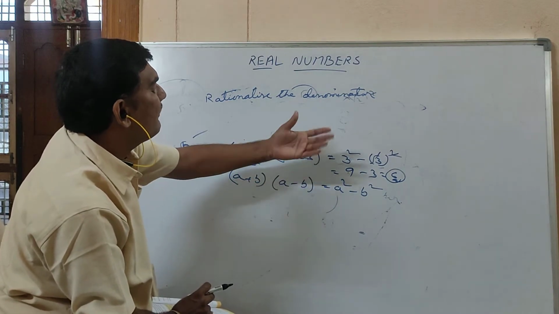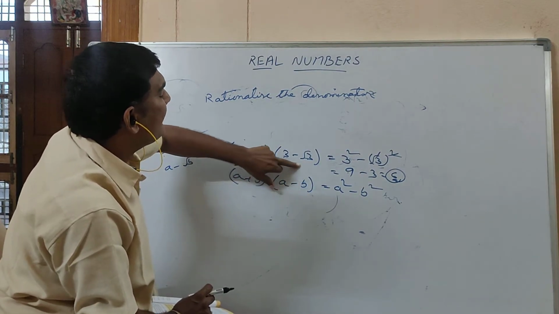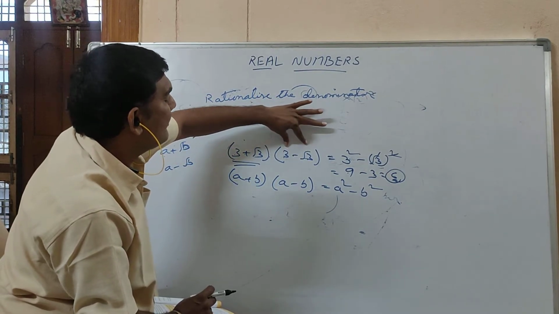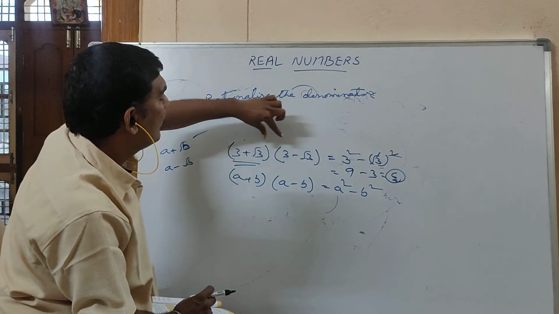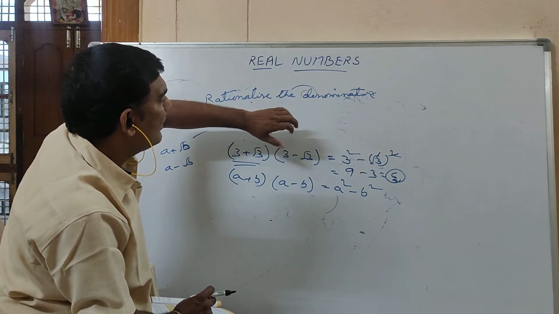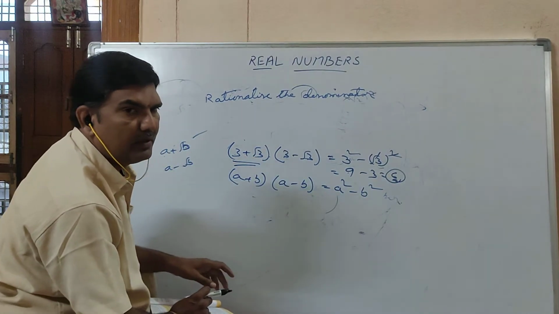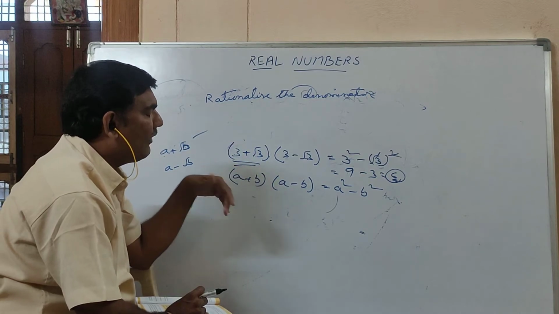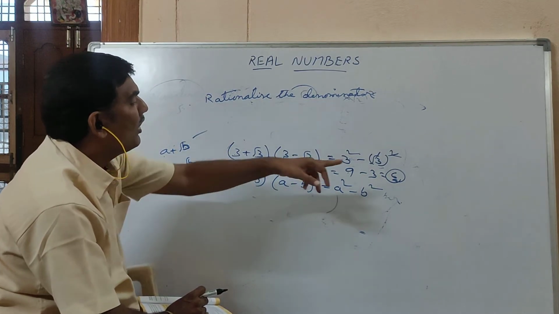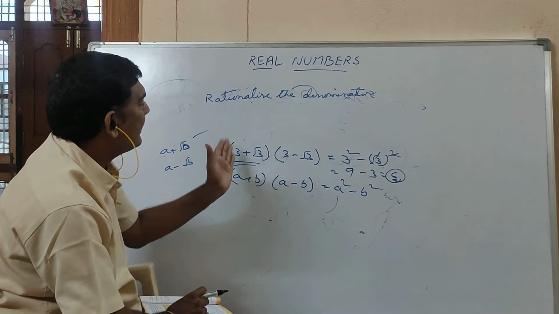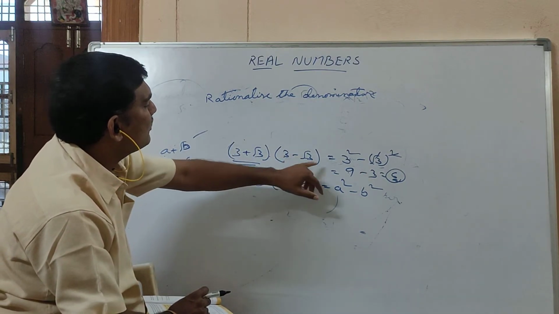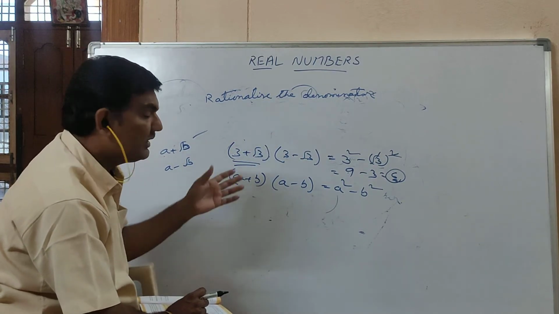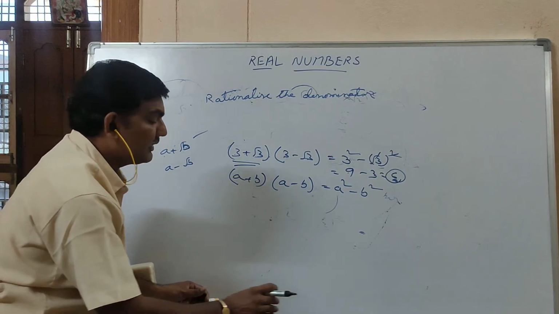Just now I said the definition for rationalizing factor. What is 3 plus root 3? Irrational number. What is 3 minus root 3? One more irrational number. Both, what you did, you multiplied. The answer you got is a rational number. So, one irrational number, you multiply with another irrational number. After multiplication, if in the product you got a rational number, then each is the RF of the other. RF of 3 minus root 3 is 3 plus root 3. RF of 3 plus root 3 is 3 minus root 3. Like this, we can find out RFs. Okay.